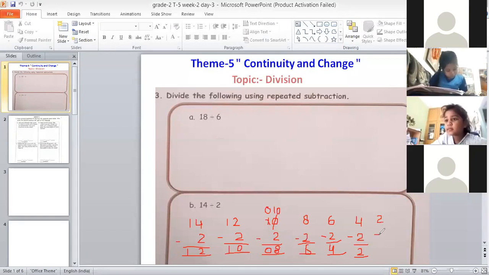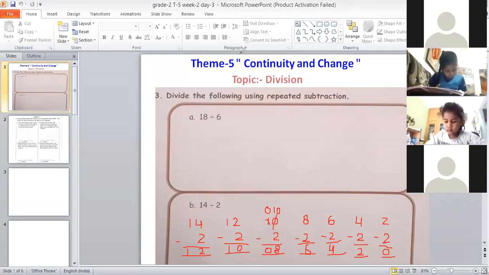2 minus 2. Very good. Yes children, till now we didn't get 0. So again we'll write that answer. The answer is 2, so we'll write here 2 minus 2. That's 2, okay? I'm using the cursor, that's why I'm unable to write it properly. Ashwita, 2 minus 2 is? 0. Very good. So finally we got the answer 0. So we are done with the question.